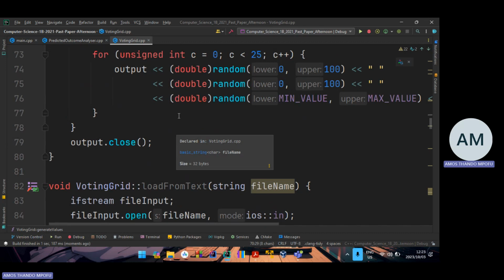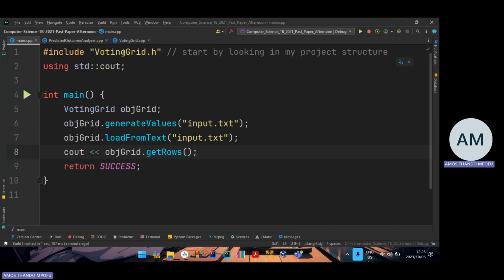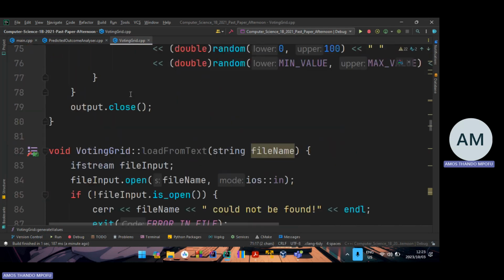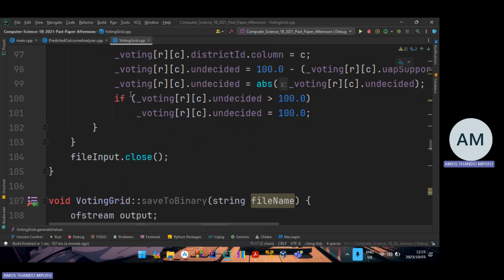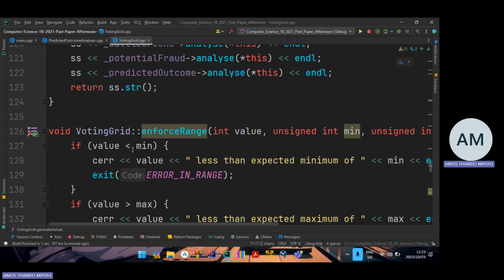Remember that when I save into the file, I save it as 25. So that means it is working. So since it is working, what I'm going to do is load from the file, and then